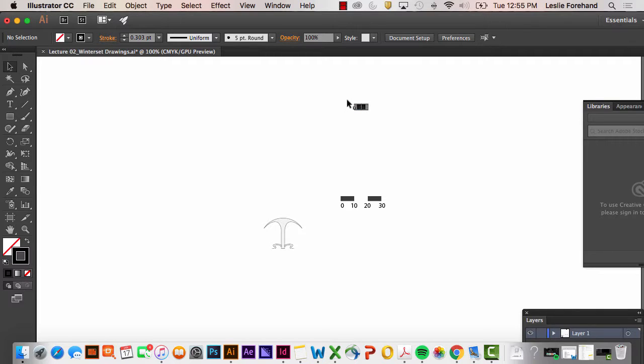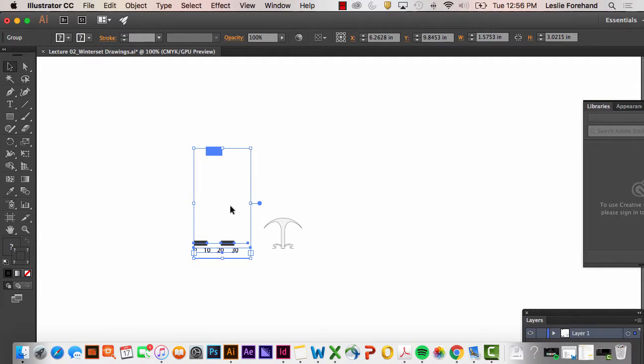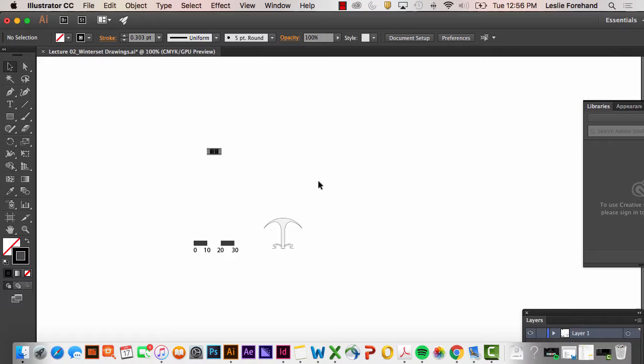So clearly, this little guy is at a different scale than this guy, right? This is super tiny. It's not even close. It's like less than half the same size. This square should be the same width as this. And that's fine. That's very typical that you will have drawings at different scales. It's just important to understand that so that when you go into Rhino and you start scaling these things,